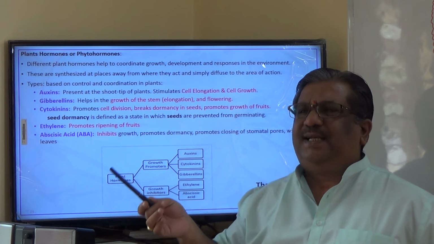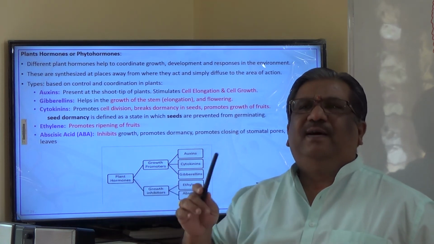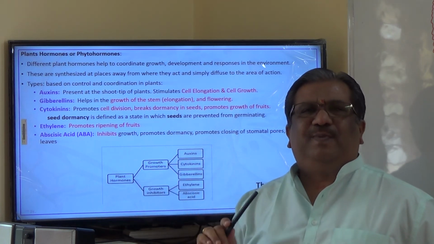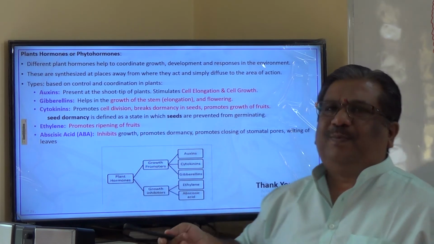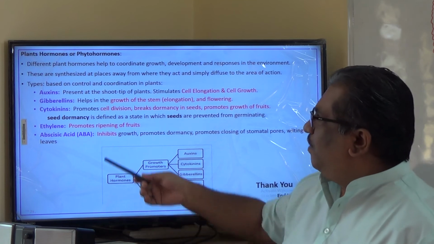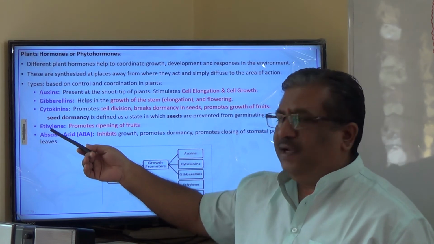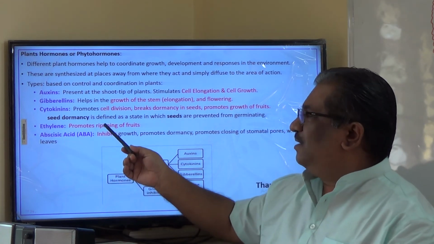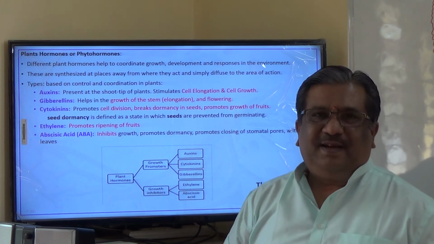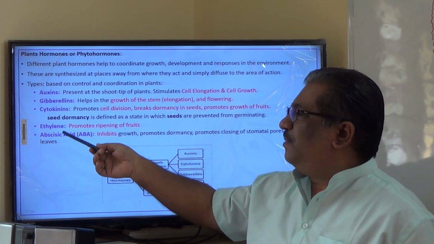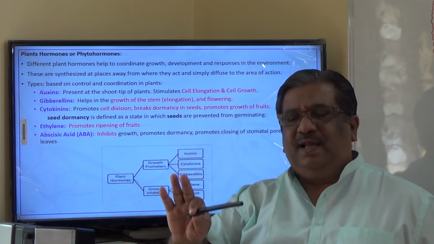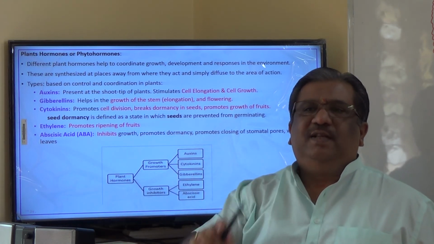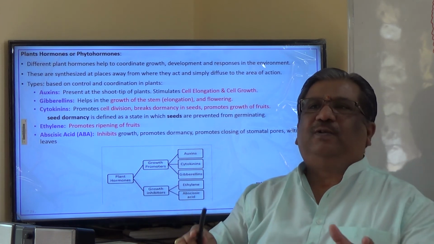Those hormones are present everywhere in the plant, and a particular target organ will also be there. For example, ripening of a fruit: auxin will not play a role in the ripening of a fruit, but something called ethylene does. It is a hormone that promotes the ripening of fruits. See here, that means different hormones have different functions. So those are synthesized at places away from the points where these hormones act for the growth of a particular region,